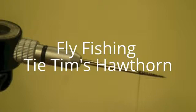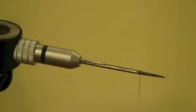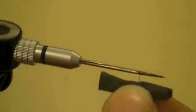I want to show you how to tie my foam Hawthorn fly. It's a new fly for me this year. It involves using a dubbing needle or one of these extended body needles, and a little bit of foam, which is